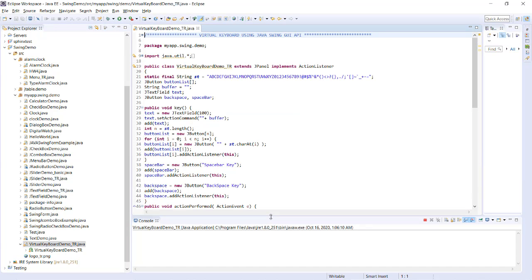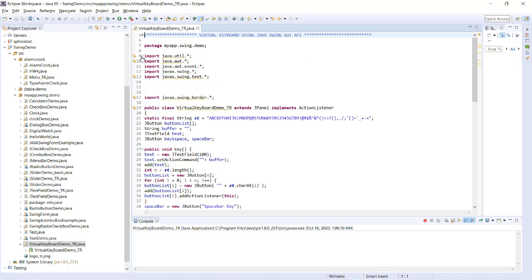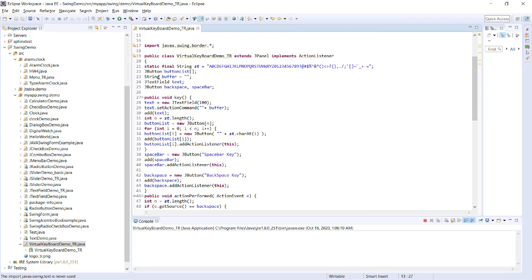As you can see here, I am using Swing Graphical User Interface API. So I'm just using Swing import statement, and this is very simple. Here I'm just creating a frame and the button list and the text field and creating a panel and just